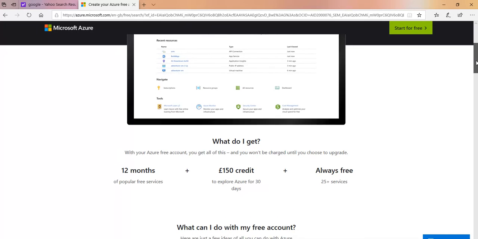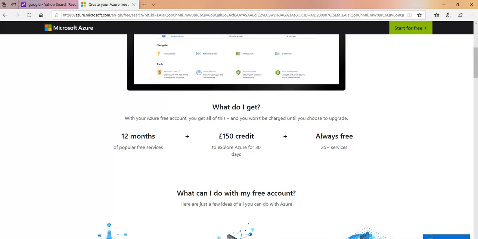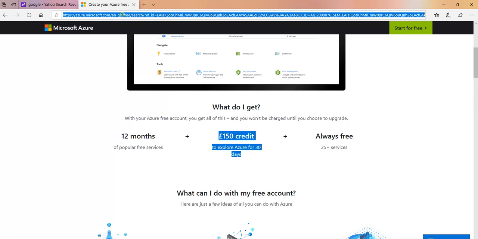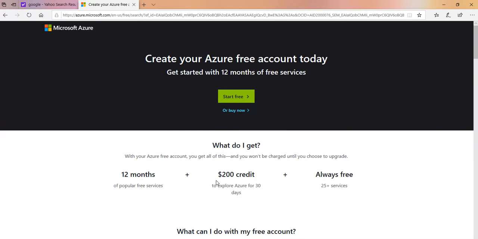So if you go down, you see here it says that with your free Azure account you will get all of this. You will get 12 months of free popular services. There are some popular services you get for free, and you will get 150 pounds of credit. It's in the case of US, I think it's almost $200 of free credit. I can change to the US version of the site. You see, you get $200 free credit, and you will get always free some 25 plus services that are